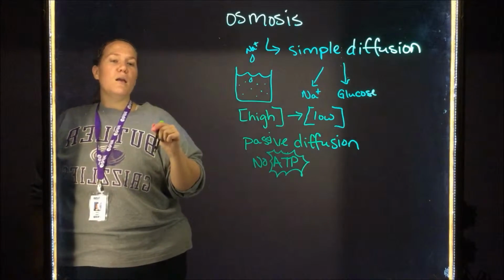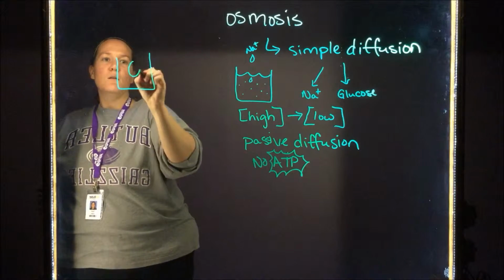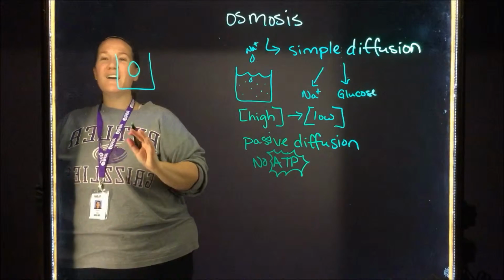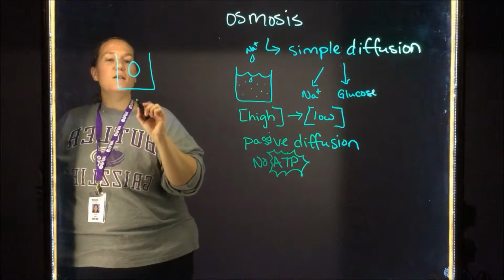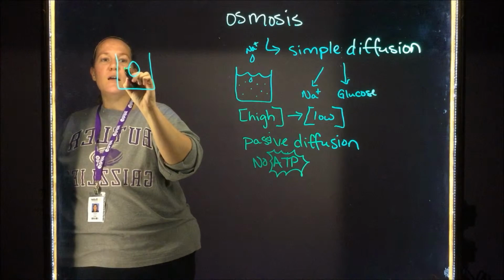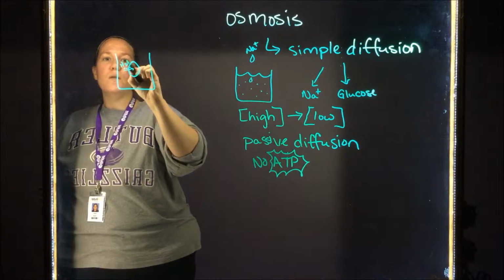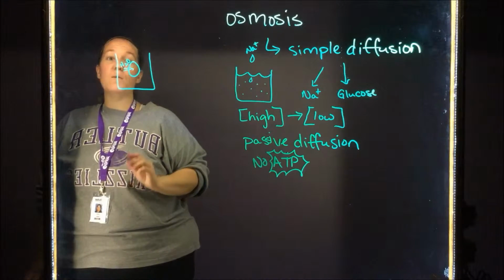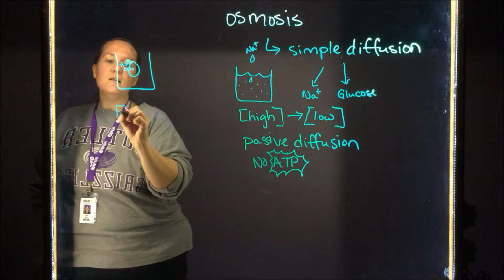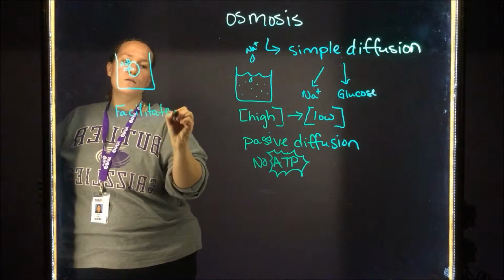So when we are inside of our cells, the only thing that could move when we're talking about osmosis is the water. So the water was moving inside and out of the cell. So that's our H2O there, moving inside and out. That was osmosis. Now if we do facilitated diffusion,